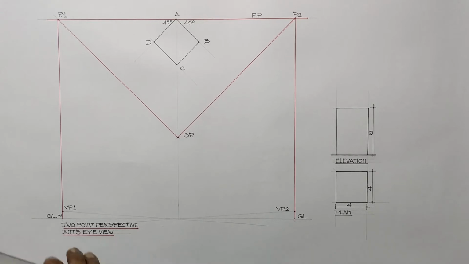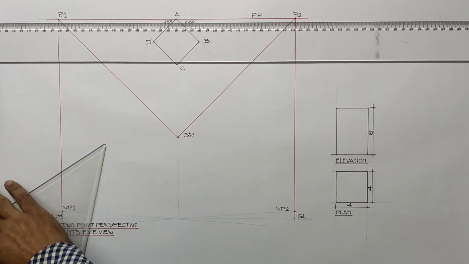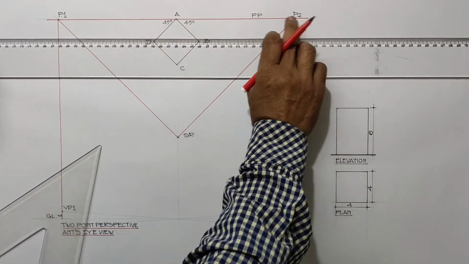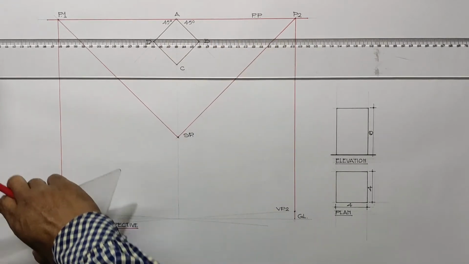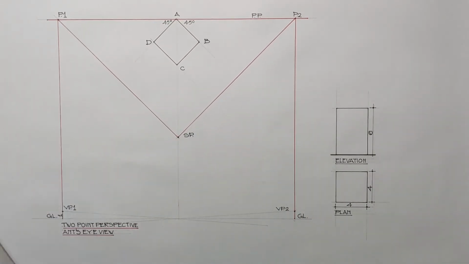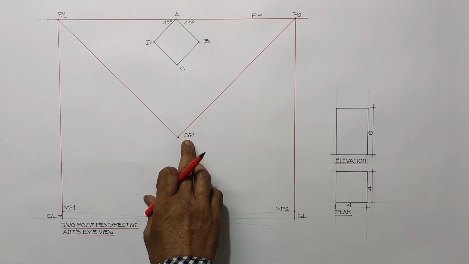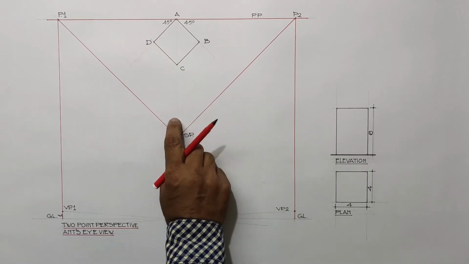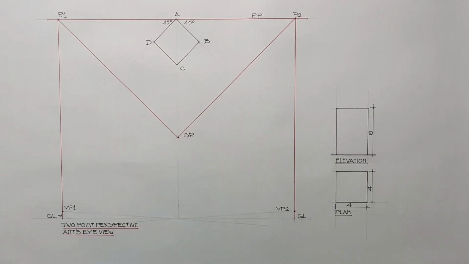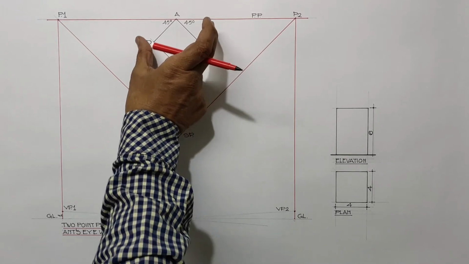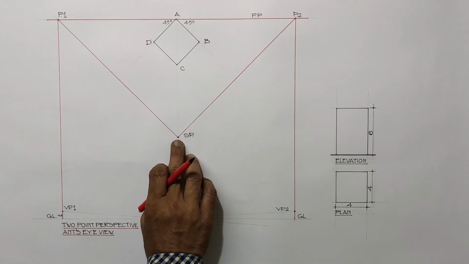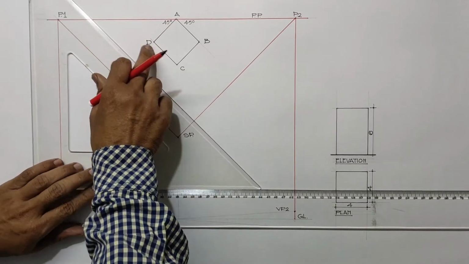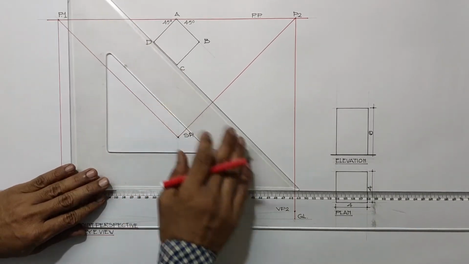Once the marking is done, we need to draw a straight line touching A. It becomes our picture plane. Once the picture plane is done, we need to go for the spectator point, which is also known as the station point. So we need to see whether the total plan is falling under 60 degrees, which is the cone of vision. So the total plan is falling in 60 degrees from SP, wherever we are planning to locate. So that is correct.